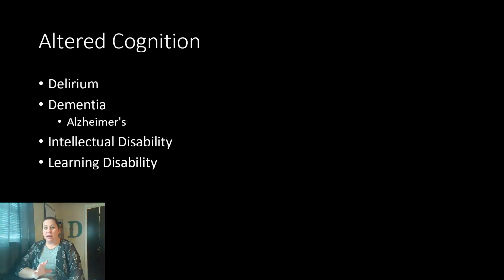Now remember, when we're talking about this whole idea of altered cognition, it's not actually part of the normal aging process. However, as we age, the risk does increase for this to develop. Rates of Alzheimer's are higher in women. They may be higher in those persons with less education, and that's an unknown reason. We're not really sure why. Additional risk factors include things like a family history, hypertension, hypercholesterolemia, diabetes, and a history of traumatic brain injury.